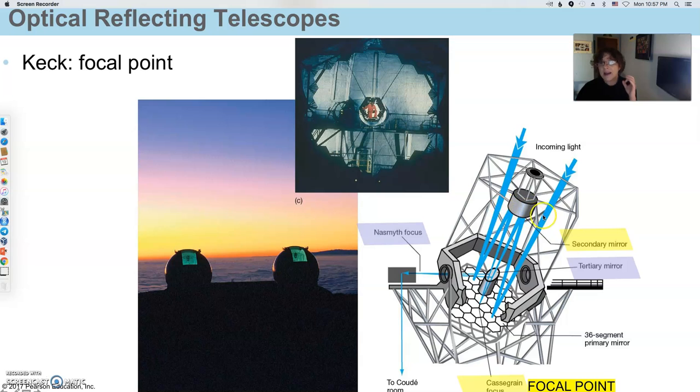This secondary mirror is associated with a focal point that is below the mirror. So in other words, this secondary mirror does create a blind spot. You can't see past it. That is one of the problems with reflecting scopes with secondary mirrors. They do produce a blind spot, but they reflect down to what's called a Cassegrain focus after a French optician